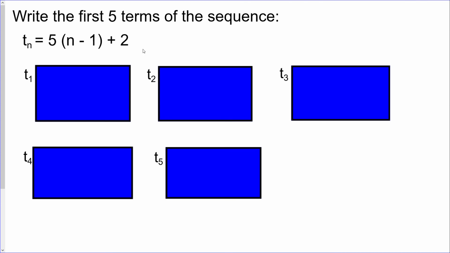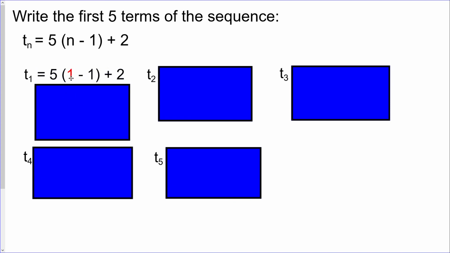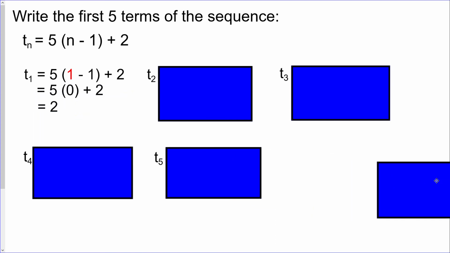The other way that you can use these is I could give you a general term of the pattern, or a formula for the pattern, which is what is right here, and ask you to find some of the terms in it. So I'm asking you to find the first 5 terms of the sequence. Okay, now this is a little repetitive, but you'll be able to speed it up just a little bit. So the first one, remember you're just putting a 1 in place of the n because you want the first term. Okay, and then if you do the order of operations there,